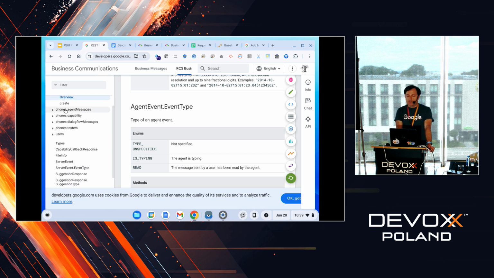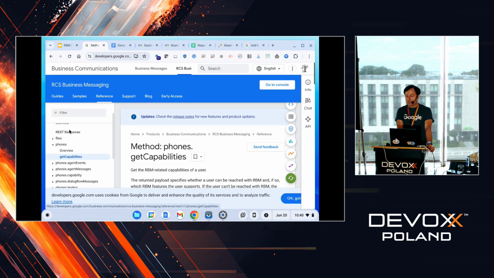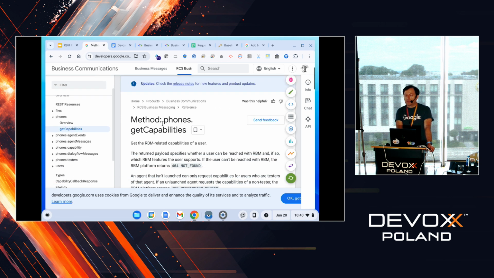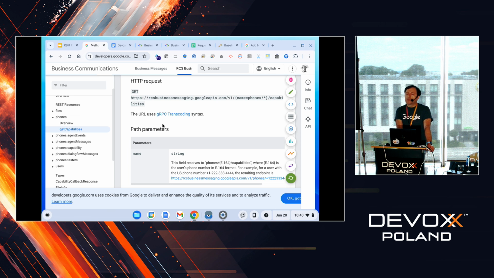In addition to that, we have other APIs which allow you to actually find out, even before you send the message to the user, whether the user is going to be reachable. The user is reachable if, first of all, they have RCS enabled. RCS comes by default these days, but there's still people using old phones who don't have it enabled by default. Users can also disable it if they want. And so not every user is RCS enabled. Additionally,